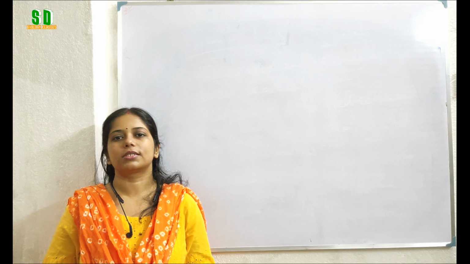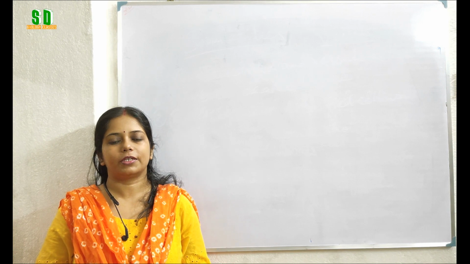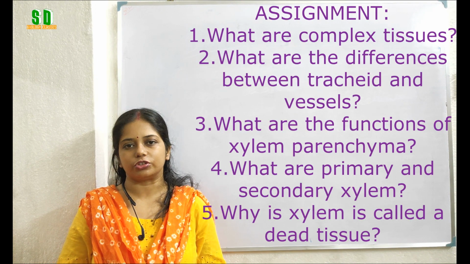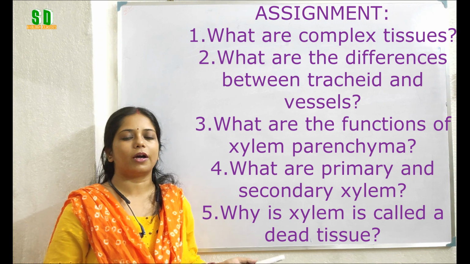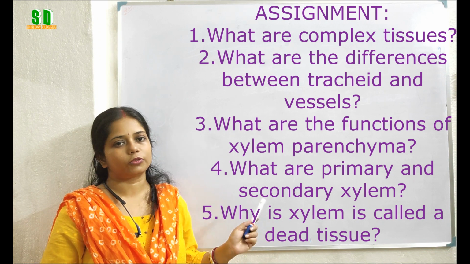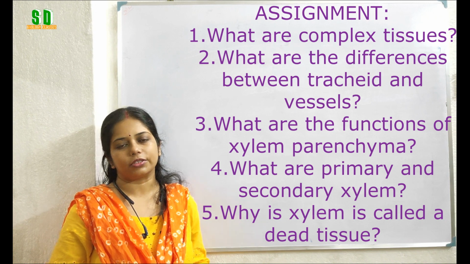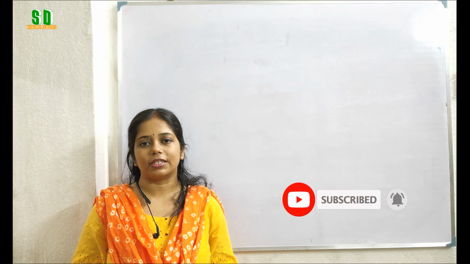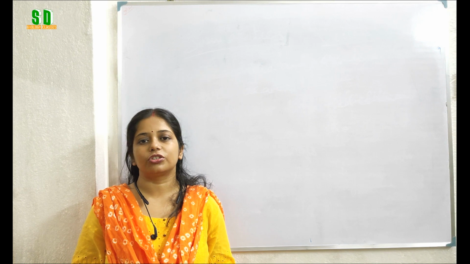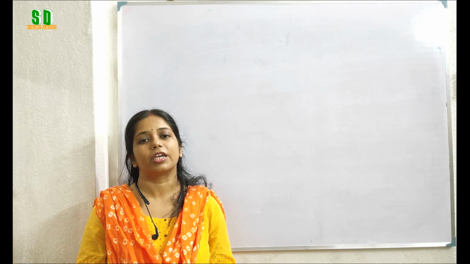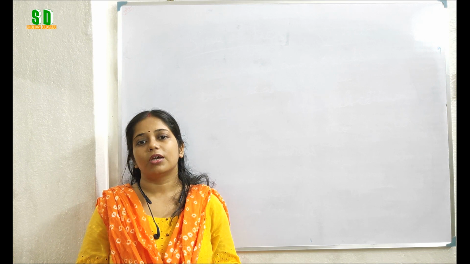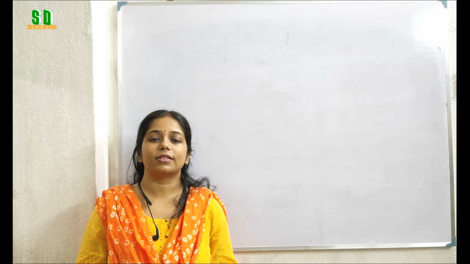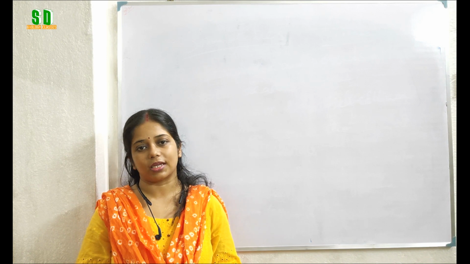Students, from today's lesson we have learnt about one type of complex permanent tissue, that is xylem, their components, and also their structure. Here is the most important part of the video, the assignment portion. Some questions are given, you have to give the answer. We learned how xylem helps in the conduction of water, due to the trachea and vessels. The xylem parenchyma helps in storage and supplies food to the xylem tissue, whereas the xylem fiber gives mechanical strength to the xylem tissue.